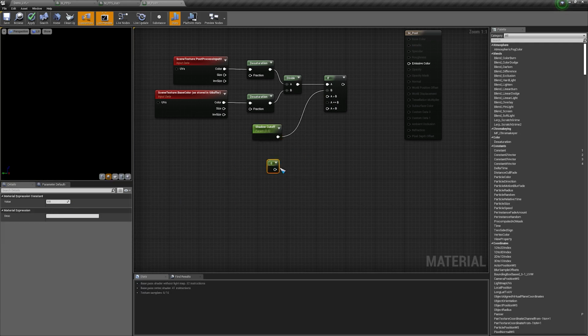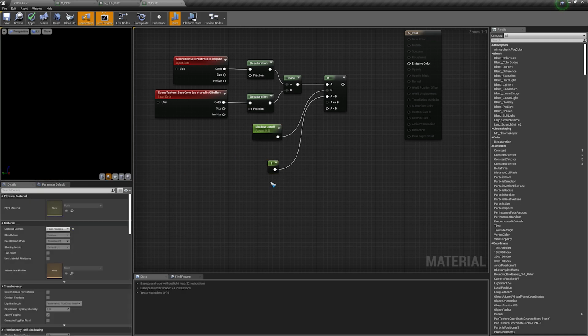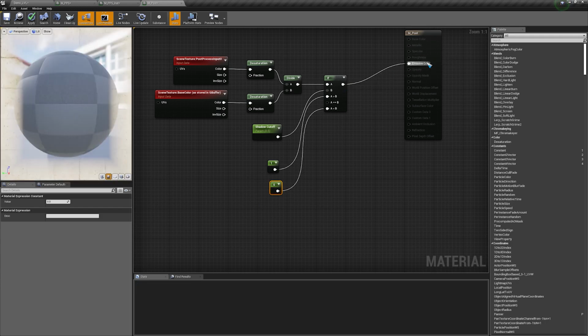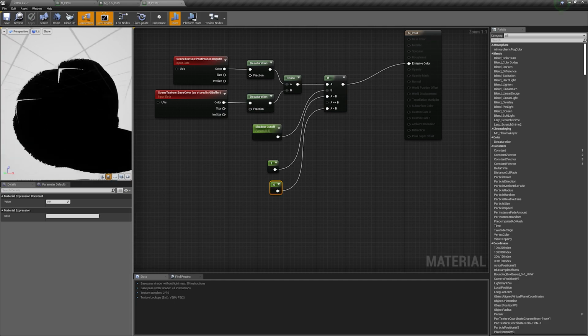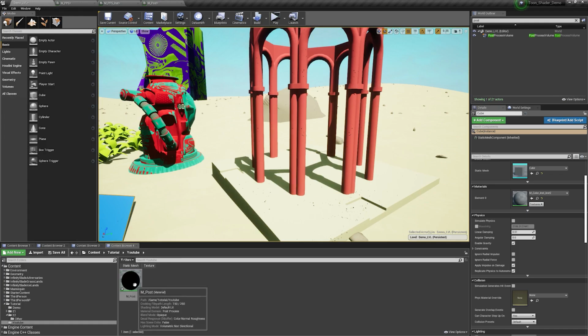So we get this constant node and connect this to A and change this value to 1, and now press and hold 1 and click again and set the value to 0 and connect this to A and connect this to the emissive color and click apply. So now here you can see that we have darker areas and lighter areas, and just